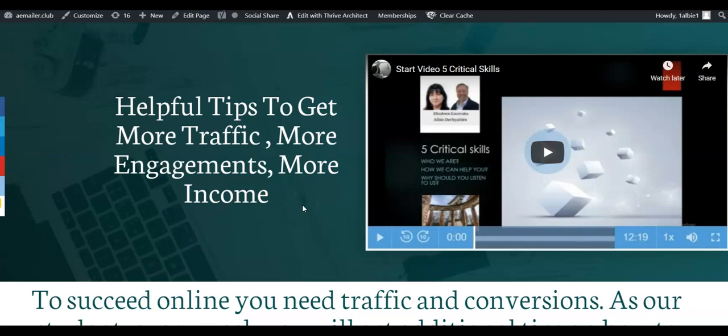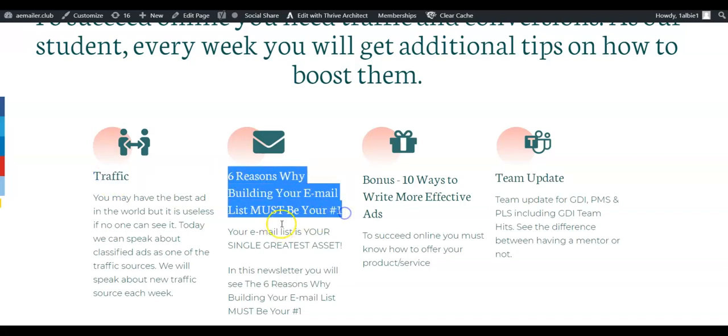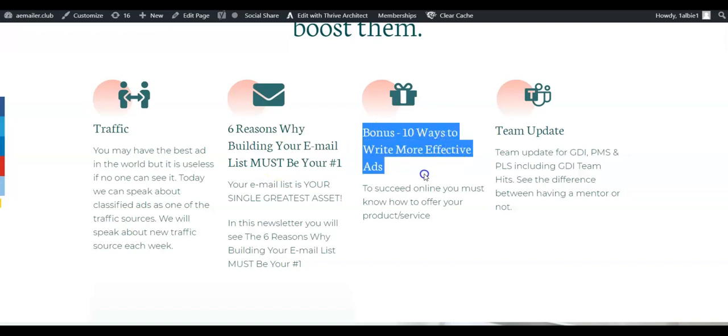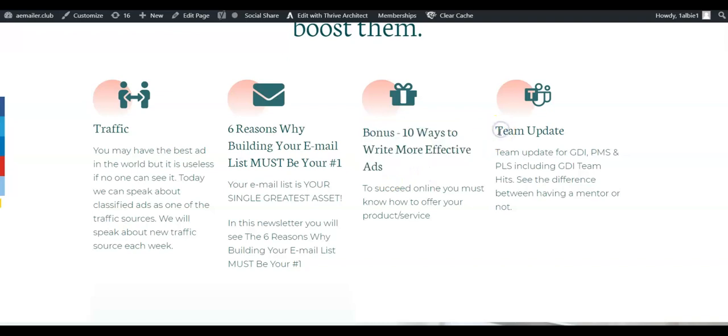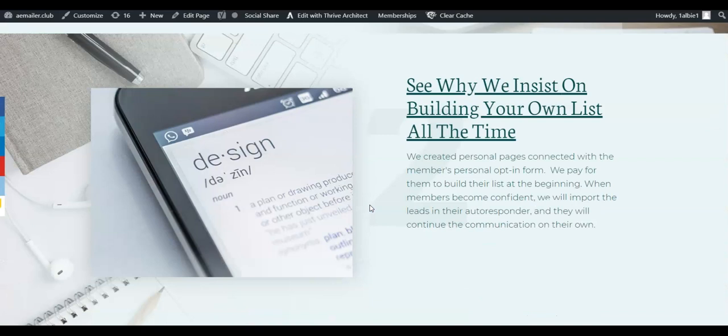Okay, so next I want to go through the weekly newsletter with you. We try to send out the newsletter each week, and there's some really great articles I want to go through with you. First is on traffic, and you really want to check that one out. And 6 reasons why building your email list must be your #1 priority, and you have to read this. Oh my gosh, it's just amazing. And today we're going to go for the bonus 10 ways to write more effective ads. I'm sure you're going to find this real helpful right now. And I'll go over the team update a little bit with you as well. So let's go down here and